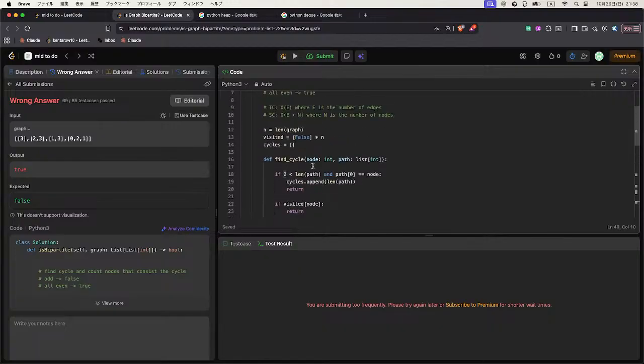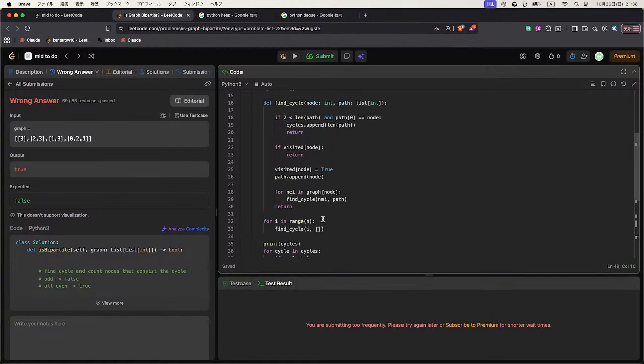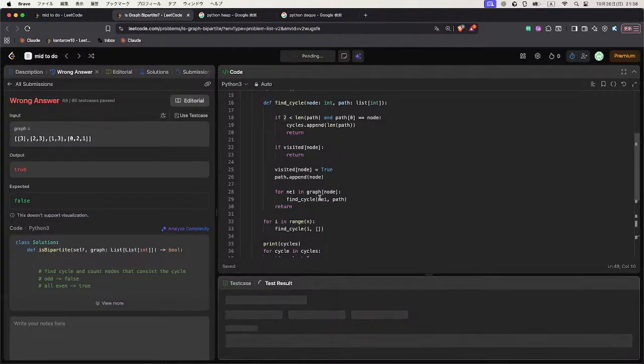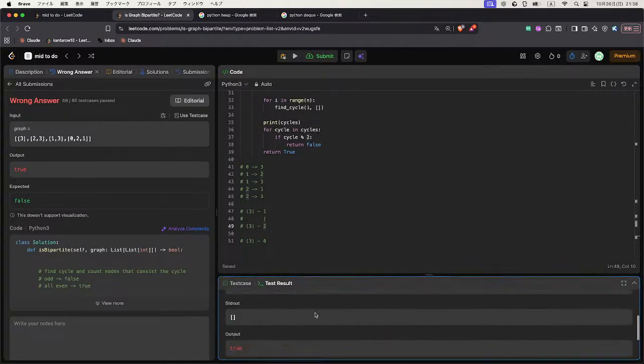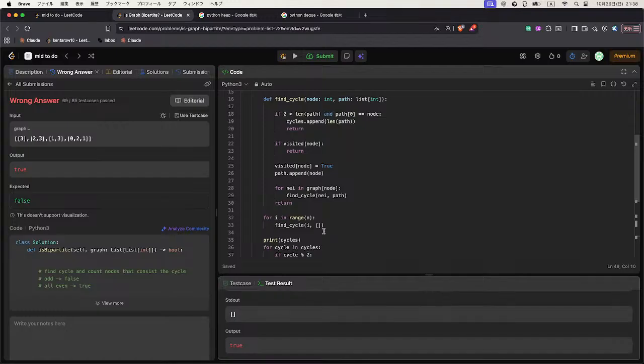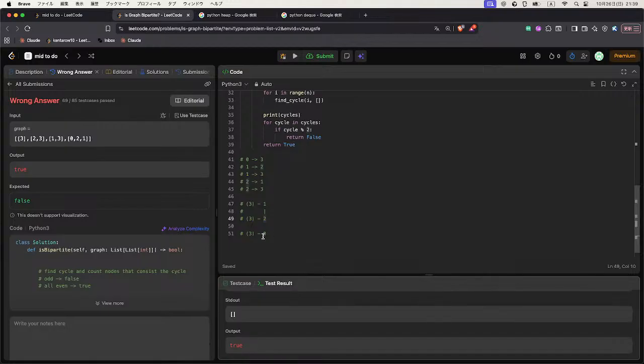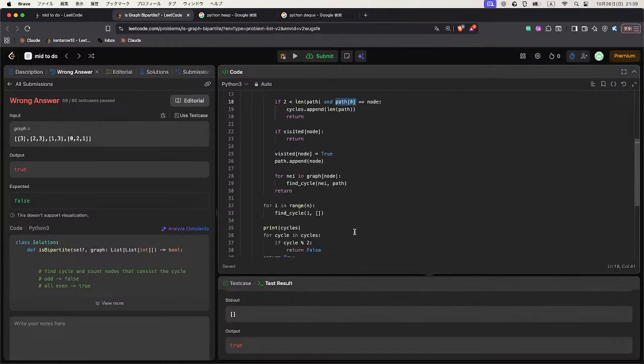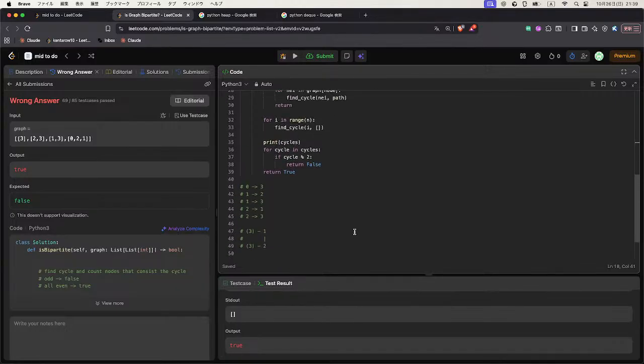There is a triangle and we cannot find the cycle. Oh, this is not good. So